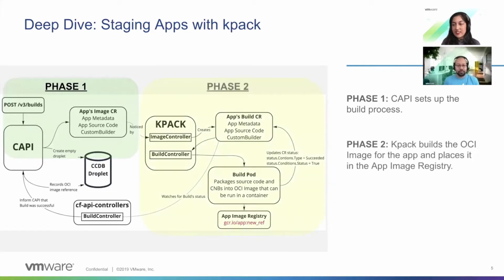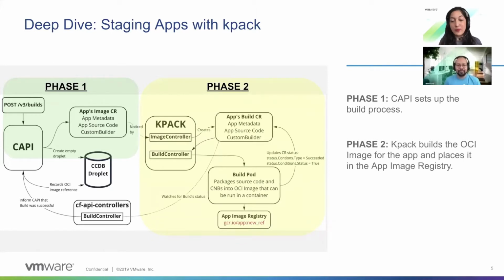So the next phase is that KPAC builds the OCI image for the app and places it in the app image registry. We touched upon this a little bit in the previous slide, but I'll go into detail as to what KPAC is actually doing to make this possible. KPAC has various controllers for each of its resources, and the image controller for KPAC notices that there is a new image custom resource that CAPI built in the previous phase. So the image controller creates a build custom resource, and this build custom resource includes similar information: the metadata, source code, custom builder. And the build controller notices that there's a new build custom resource and spins up a new